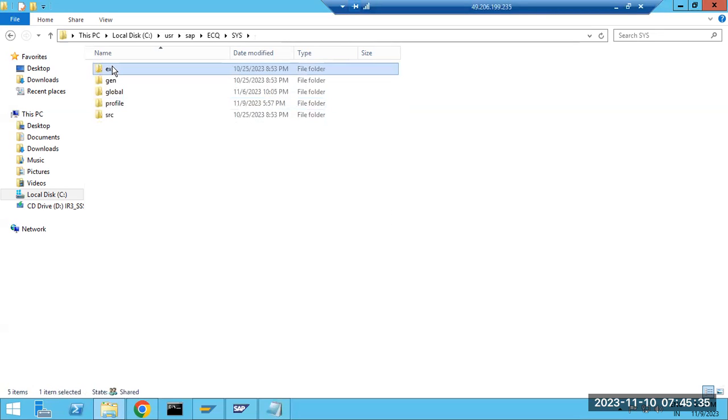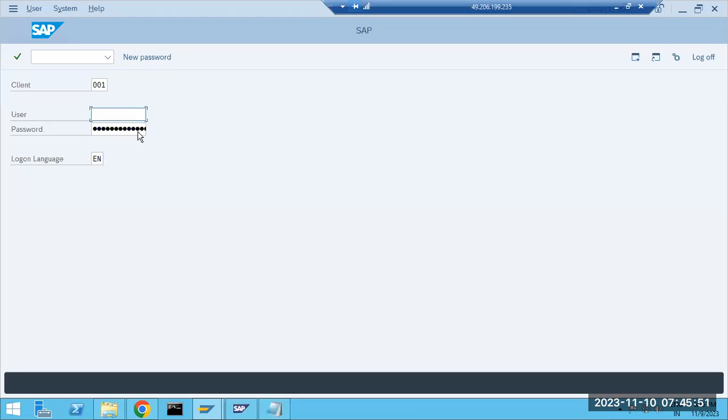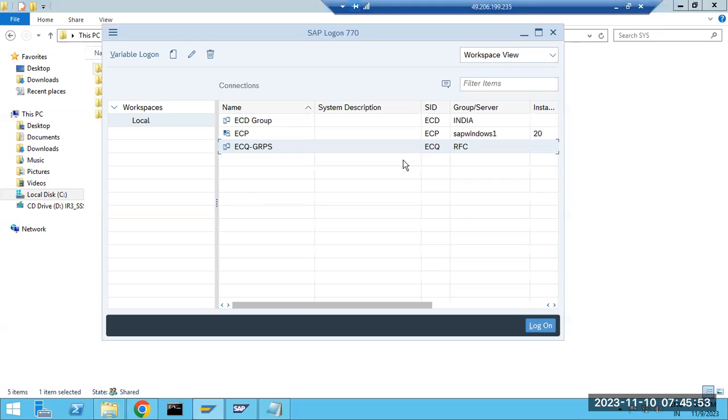So here profiles and kernels are very important, kind of the backbone to SAP. It's the heart of SAP, these profiles and everything. If SAP is up and running, it is because your kernel files and profiles are successfully available.